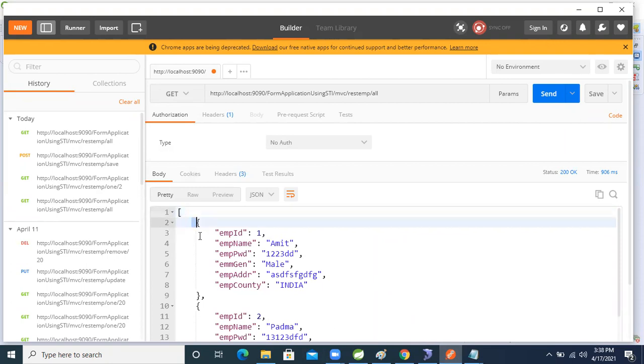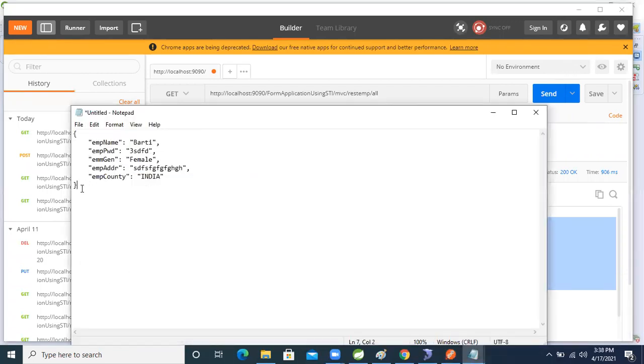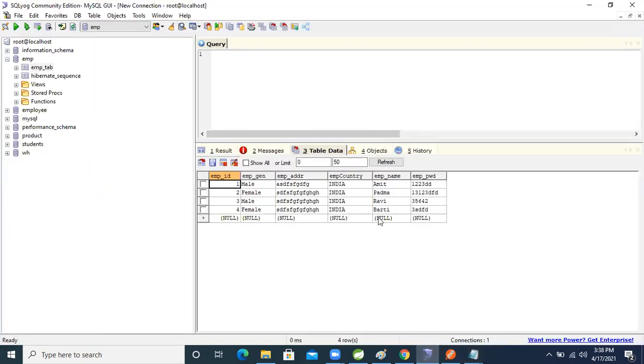Yeah, I'm copying because for the updation purpose, we need the primary key also, right? With the primary key, then we can update it, guys. That's why I'm taking it. Don't worry about that. I'm pasting now. Here, 101. Which record do you want? Amit is there, right? Now I'm making this record number 1, Amit Pushpendra. Pushpendra, male, and the other things are the same. Pushpendra data is not there in the database. I want to update Amit.